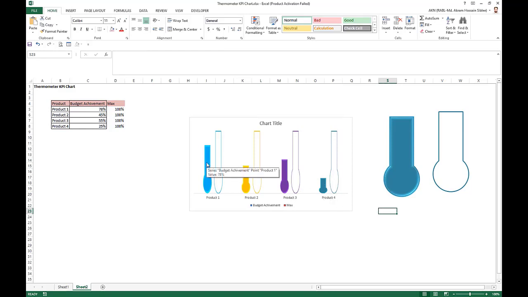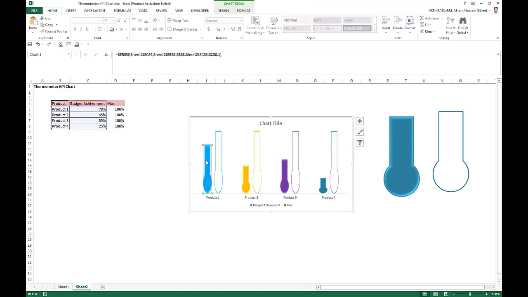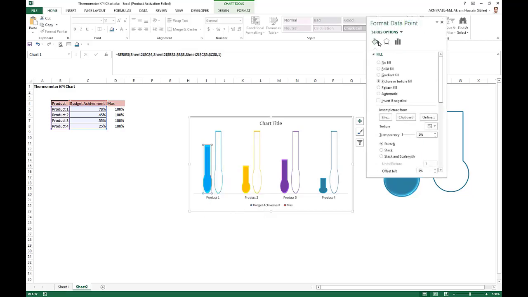Now we select only one bar, right click, go to the data point, go to shape fill, take picture or texture fill, select stack and scale with 1 unit, picture 1. Accordingly select the individual one, go to picture, take stack and scale with 1. Again we select this shape, go to picture, stack and scale with 1.